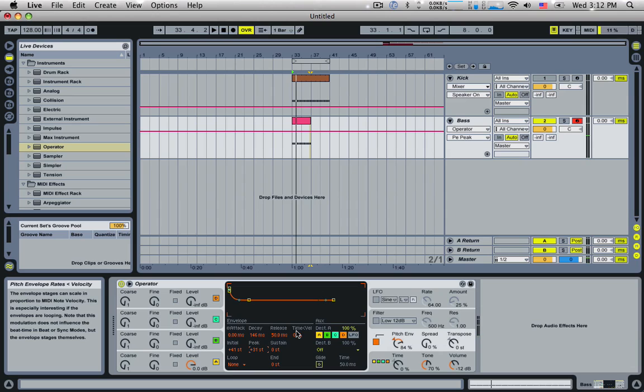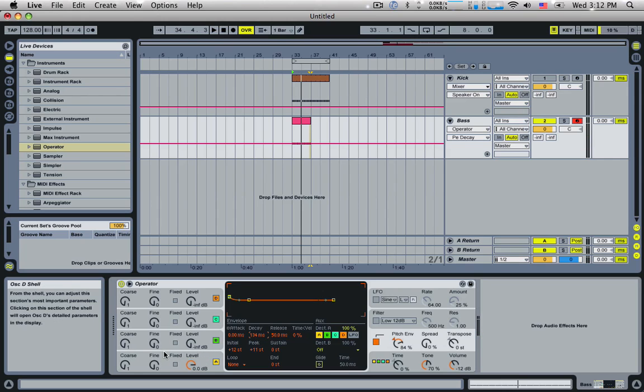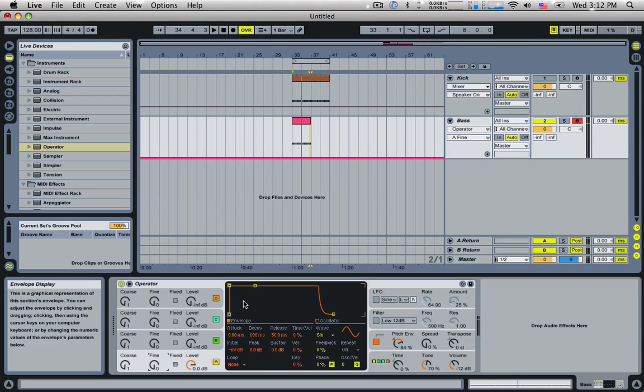So we've kind of got a kick drum going on here, but we don't want that. We want to bring these right down. We just want to use this for a bit of punch, so maybe a bit more decay. That's very good. Now if we go back over into the oscillator here, you see we've also got an envelope